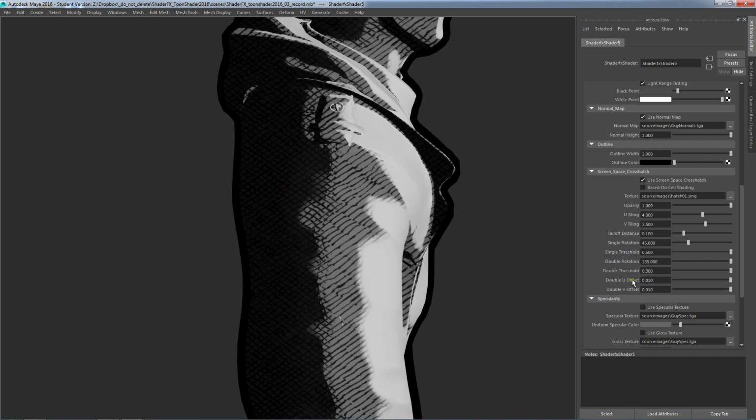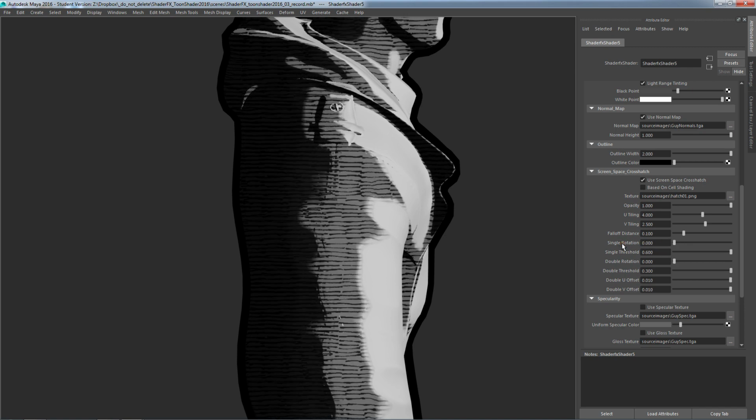And the last parameters here are something called double U offset and double V offset. To show you this, I could go ahead and actually set the rotation to 0. And if I set these to 0, I do have the double effect going on here, but since they are applied on exactly the same area, you won't be able to tell pretty much. So I've got 2 layers of crosshatch exactly on top of each other, and these parameters will let you offset the second layer